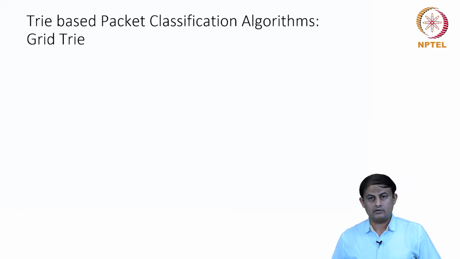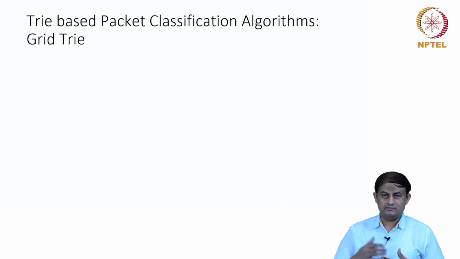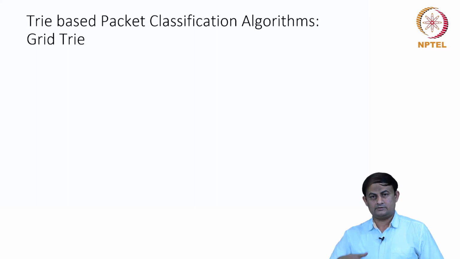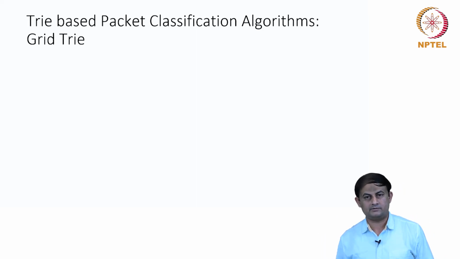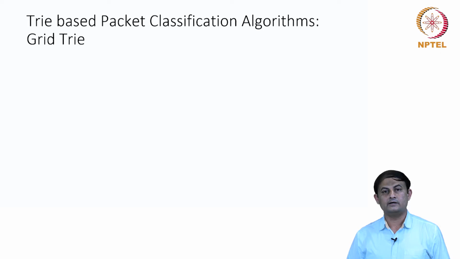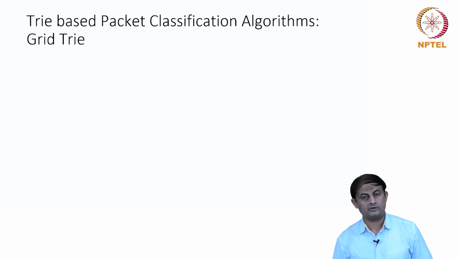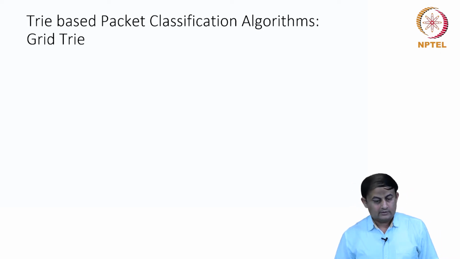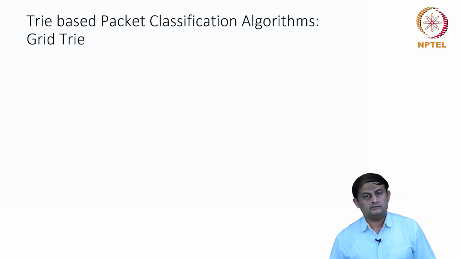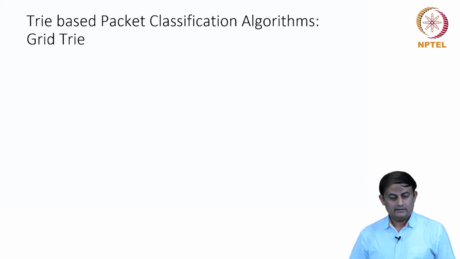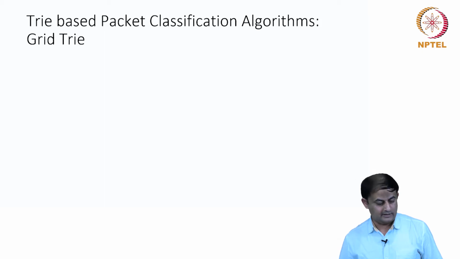A data structure called the Grid-Trie. This is an optimization, as I said, on the hierarchical trie and even the set prune trie as well. So Grid-Trie is an optimization over the hierarchical trie and the set prune trie. So let's see what is the idea behind the Grid-Trie, and in order to understand that, let's take a simple